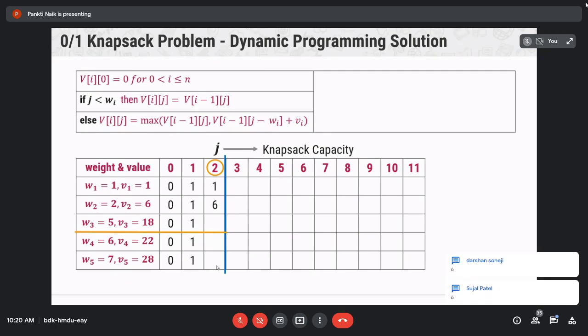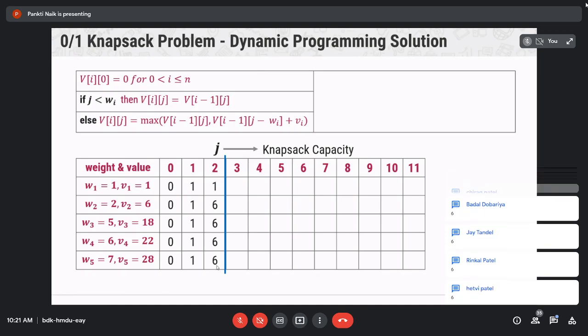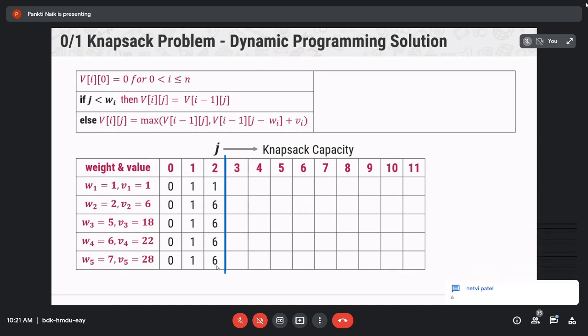Yes, 6. Now continue for columns 3, 4, 5, 6, 7, 8, 9, 10, and 11. You have to fill the whole table.